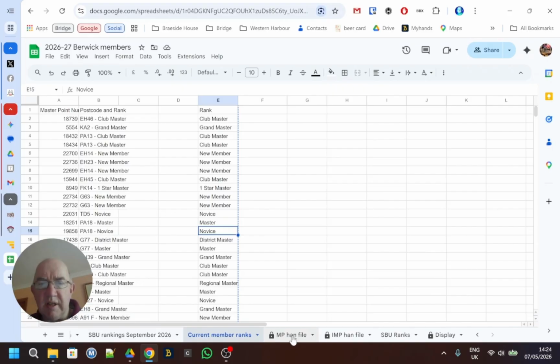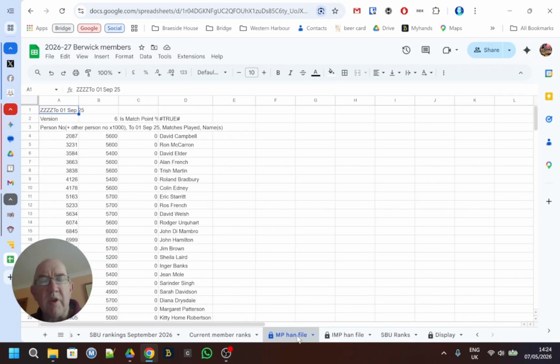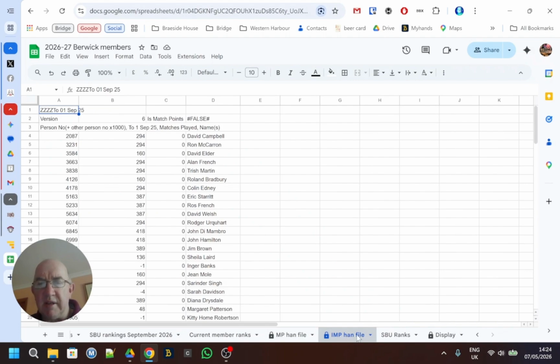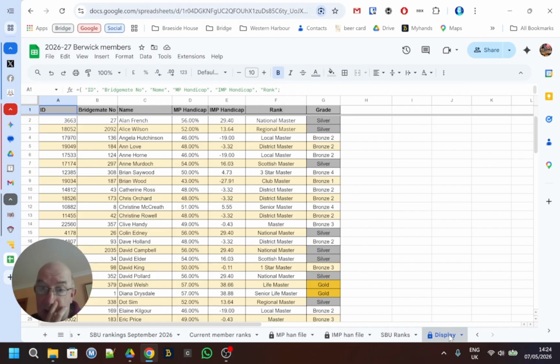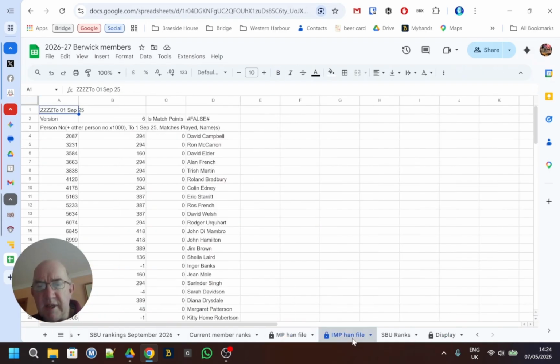And what this does is it generates automatically the files that need to be uploaded to Pianola for the handicaps for the new 26-27 season. And then it creates a display that can be put on the website to show everybody their handicaps, what rank they are, what grade they are, and they'll be able to see everything. So you'll be able to download this, put it on the website, or this particular page, and you'll generate automatically the two handicap files you need, one for match points, one for imps, and that needs to get downloaded into